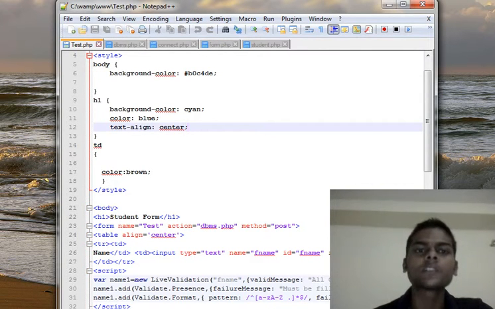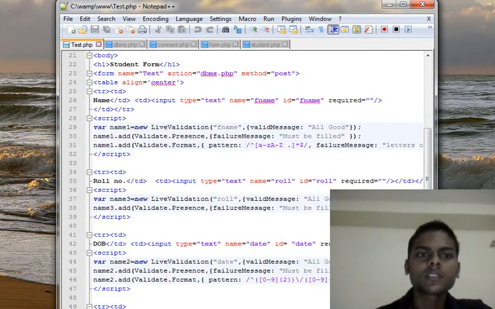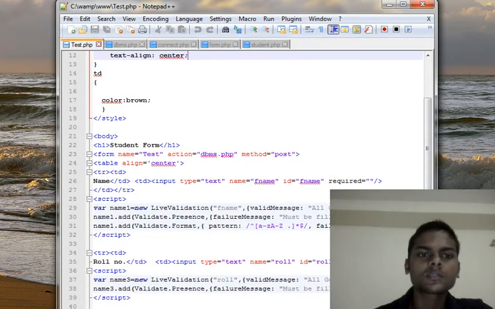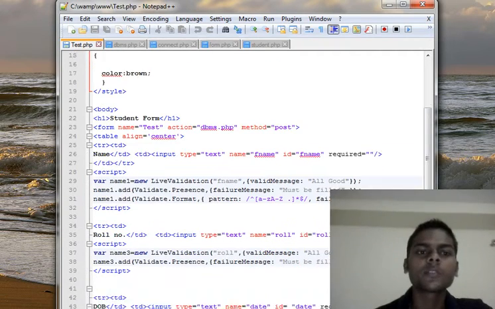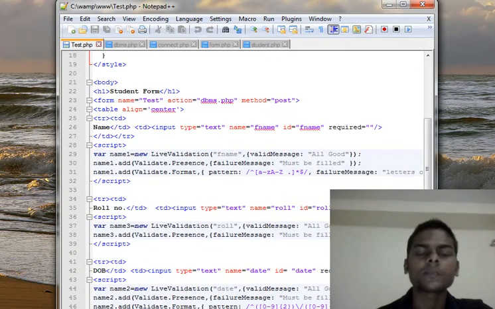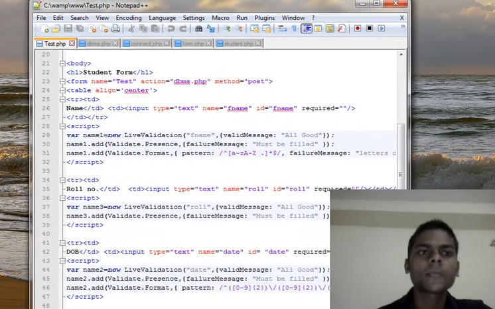Now in this form, wherever I am using body, the properties which I have described in the body section will be the same all over.